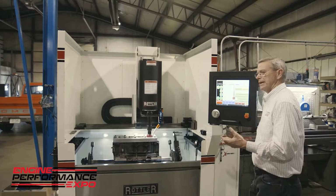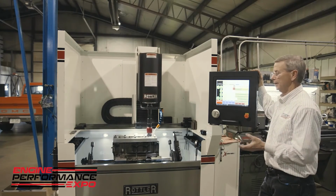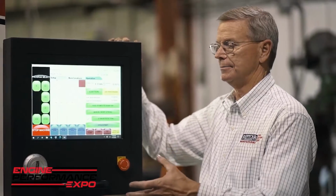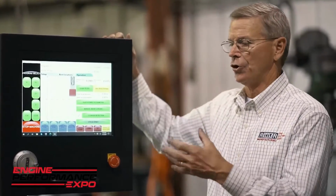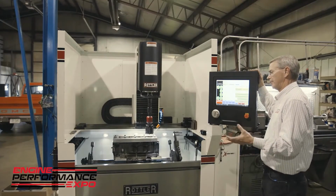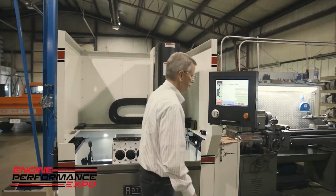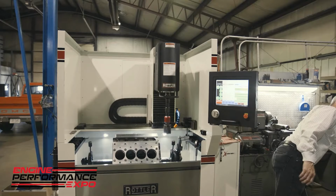And again, when we're talking about surface finish, the Brinell hardness of a block makes a huge difference. This particular block is just an OEM block, so it doesn't have Dart or liners or anything like that in there, so the Brinell is much softer. So our 180 grit abrasives roughed the cylinder up considerably. We were at about a 93 to 95 RVK, I believe it was, on this cylinder. So we want to get down into that 60 to 75 range for this big turbo motor. So what I'm going to do now is wipe that cylinder out,